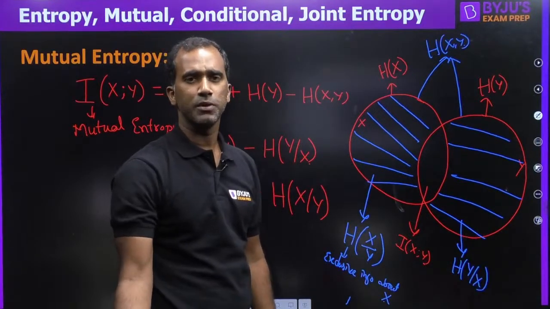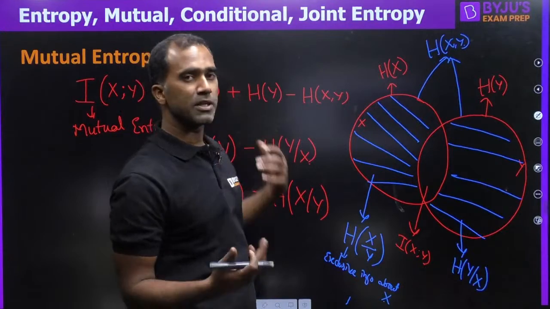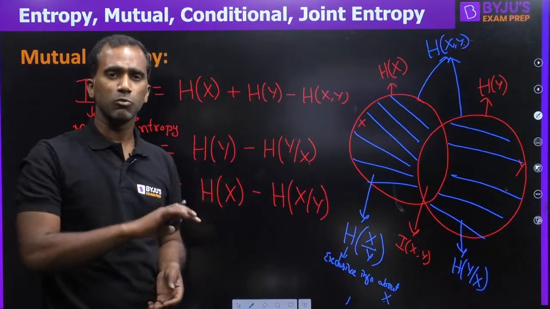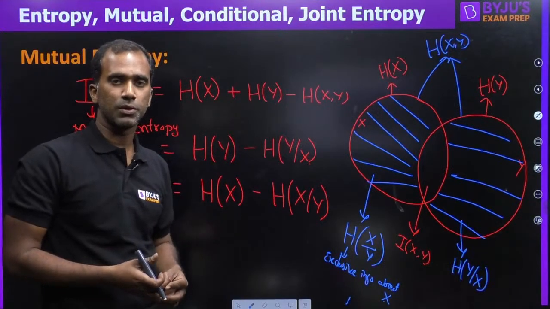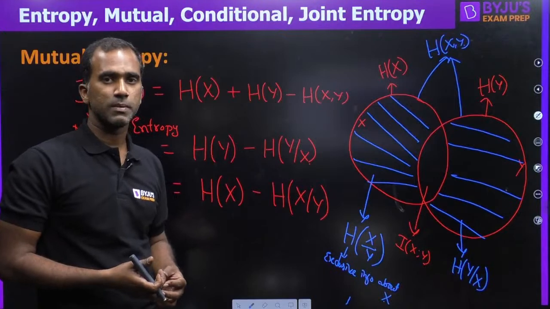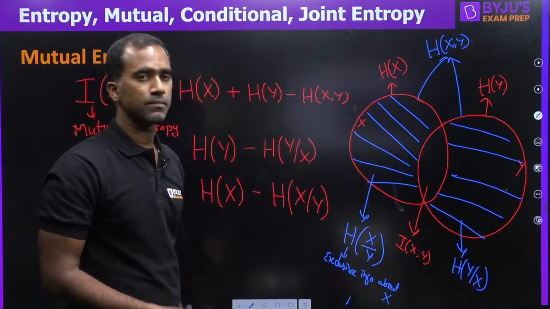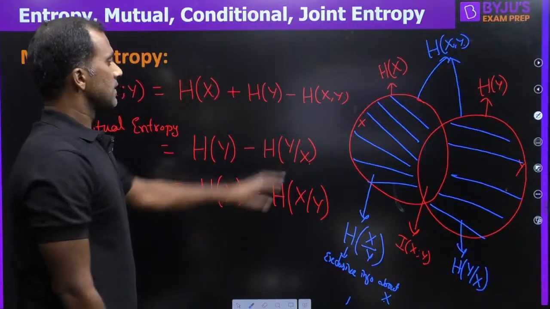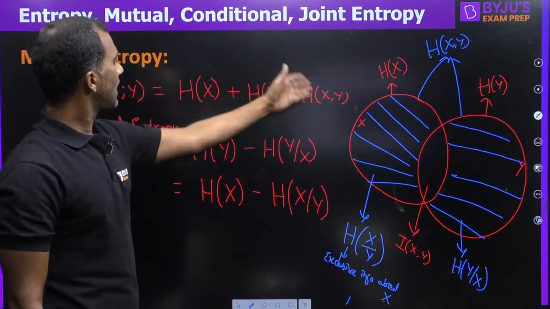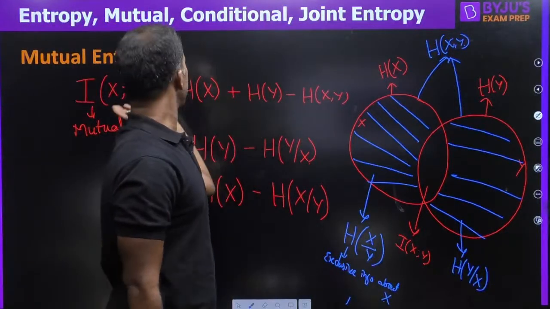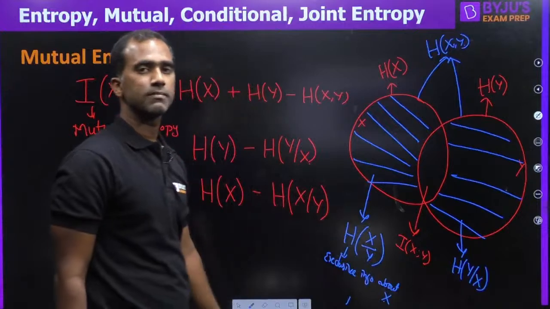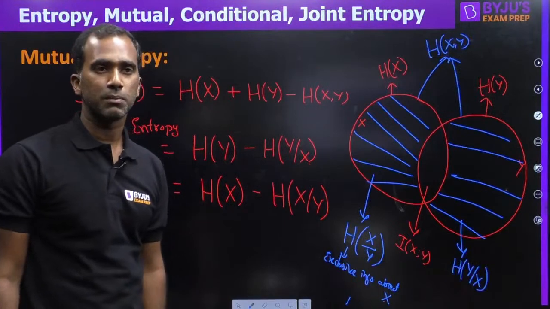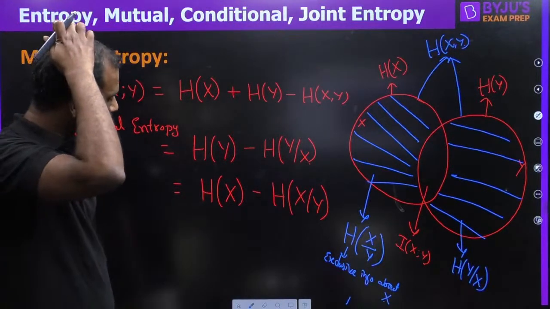It's as good as saying A union B, information in A and B together. In sets, when you are doing union, we remove the common terms: A plus B minus A intersection B. It is similar to that. H of x comma y equals H of x plus H of y minus I of x comma y, which is the mutual information. I of x comma y is like A intersection B, and H of x comma y is like A union B. Okay, so that is the understanding.